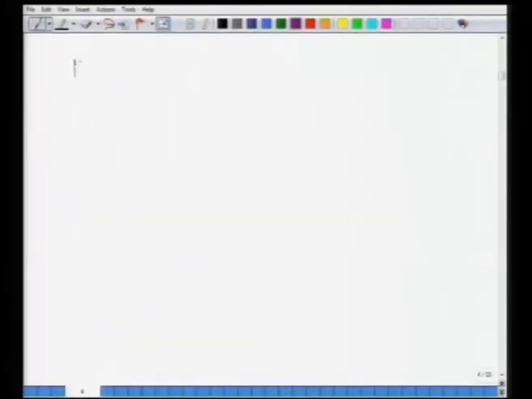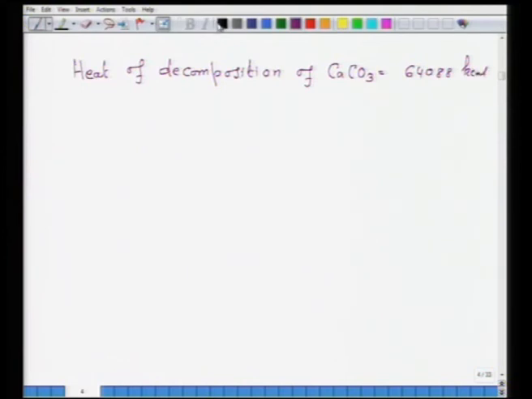Because the decomposition of limestone is an endothermic reaction. So, the heat of decomposition of calcium carbonate is equal to 64088 kilocalorie. Mind you, this is a highly endothermic reaction